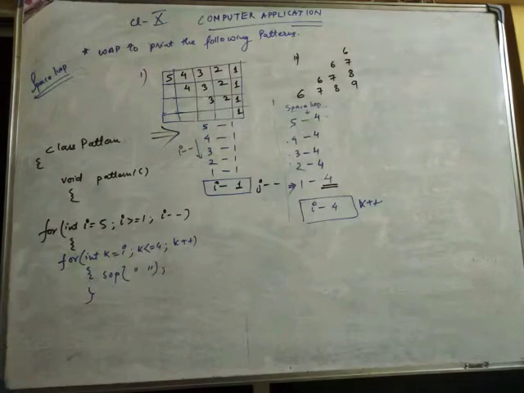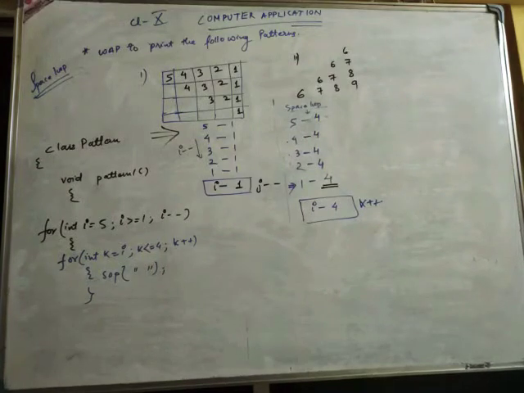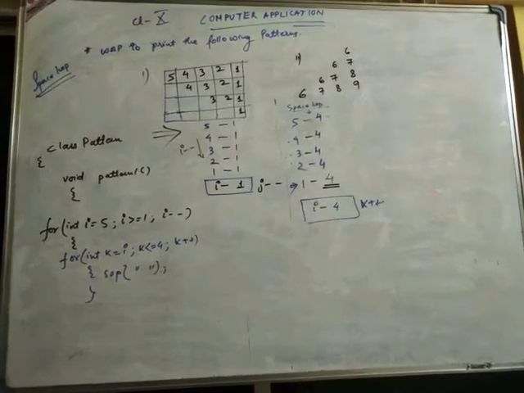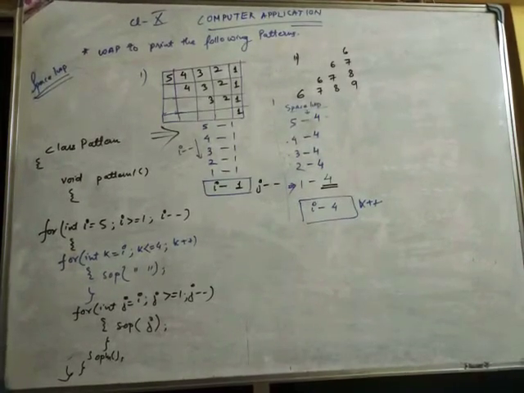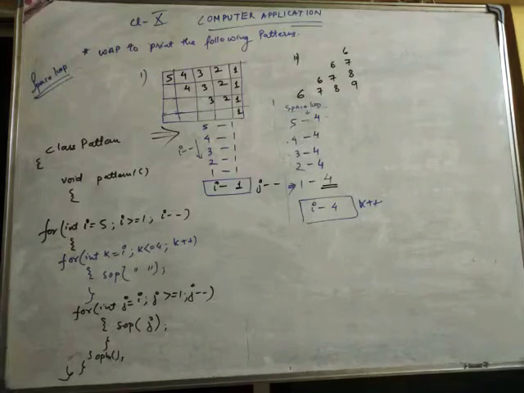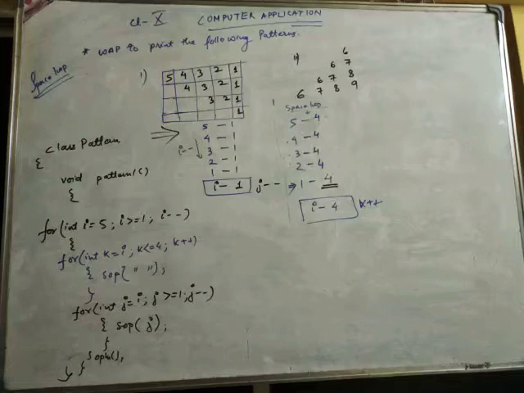Then you have to make the J loop. J loop will be what? You will say the first table: the J loop will start from I till 1 and J minus minus. So from the J loop we know we have to print SOP J in this case, because it is the third type. And then SOP ln, close the method, close the for loop, close the method. So void pattern 1 is closed. This is how you do void pattern 1.